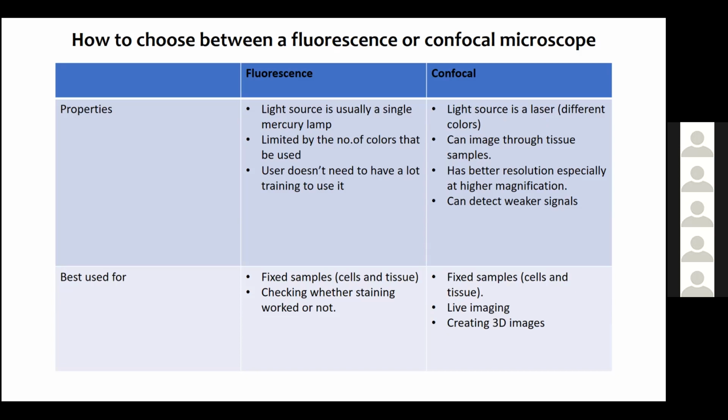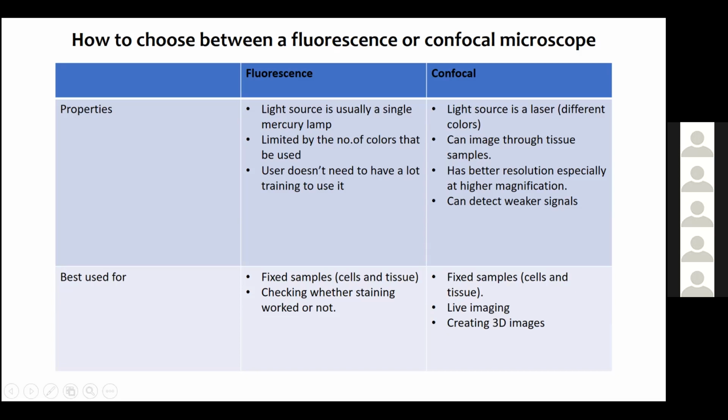So apart from that, one of the major reasons for using a confocal versus a fluorescent microscope is that with a confocal, you're going to take an in-depth image of your sample. Whether it be cells or tissue, when you use a confocal to image them, you're not only taking the topical surface, you're going deep into the tissue or the cells in order